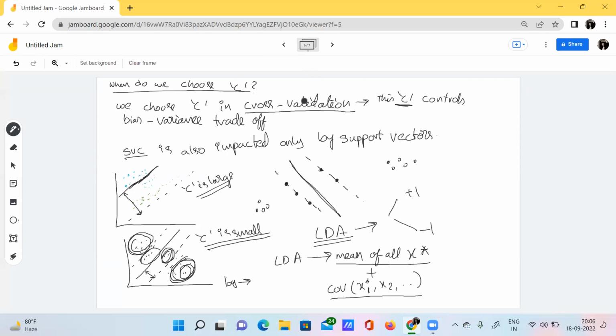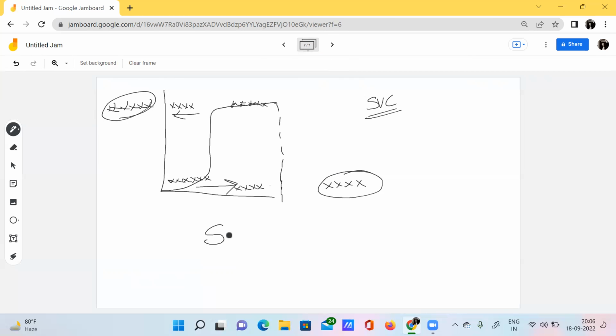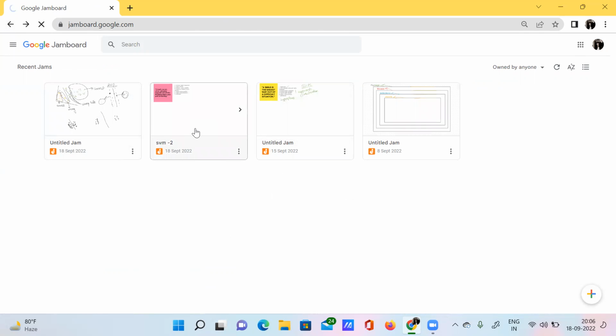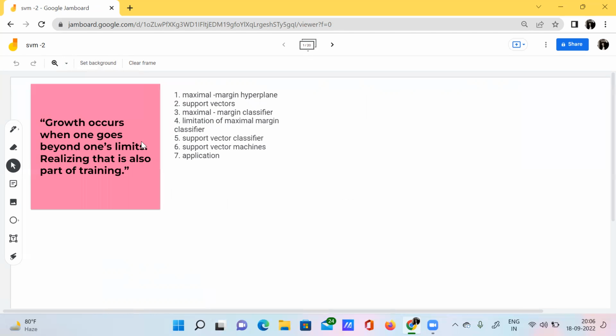So by this we came to the end of the topic of support vector classifiers. So far, how many topics have I covered? Let's have a look.